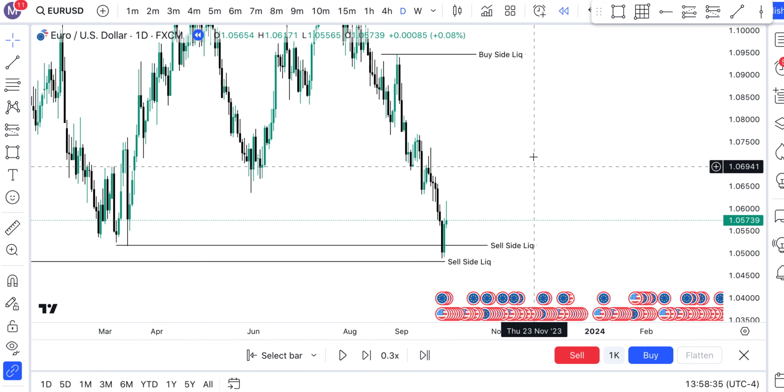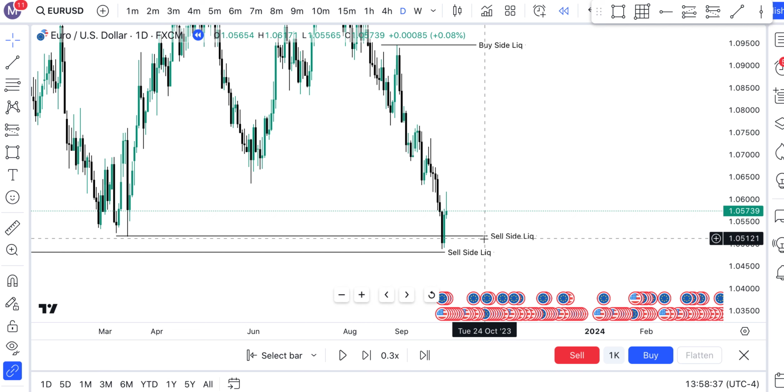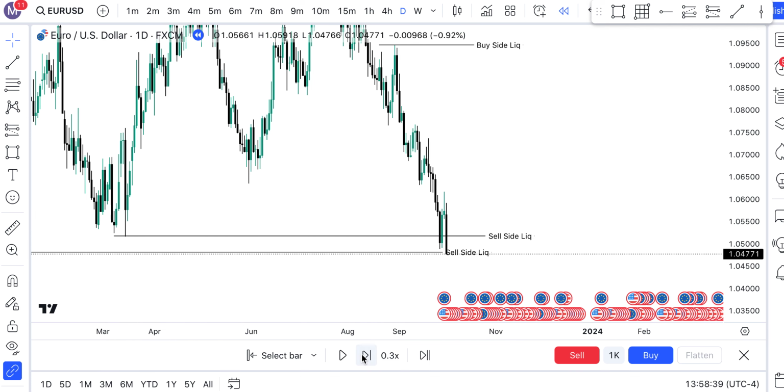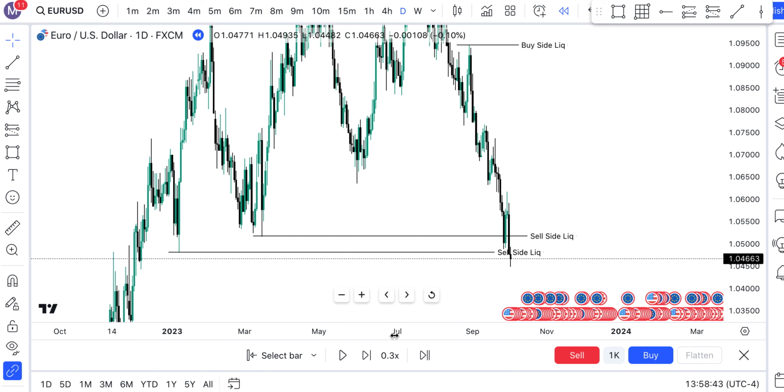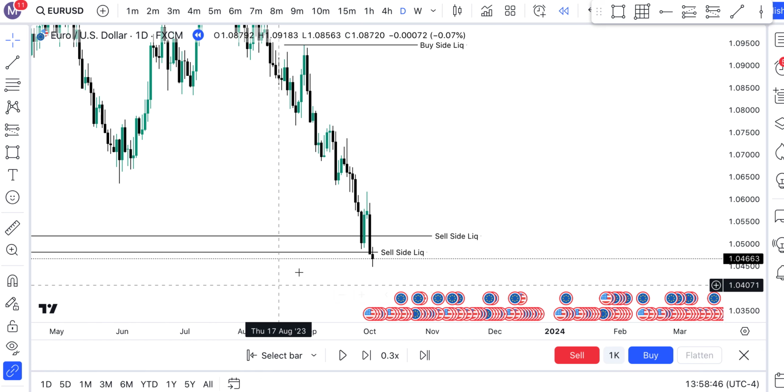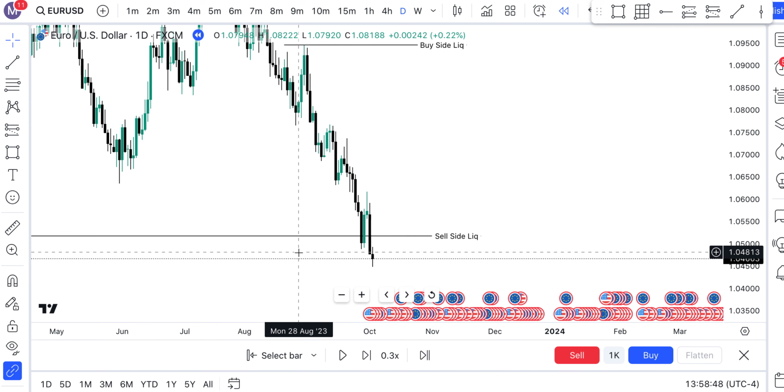And then what's that? Price has taken out this first lot of sell side liquidity, and it takes out the next one. So it's taken these lows out. It's taken out the sell stops in the market. And now what can we anticipate? We can anticipate price to go higher,